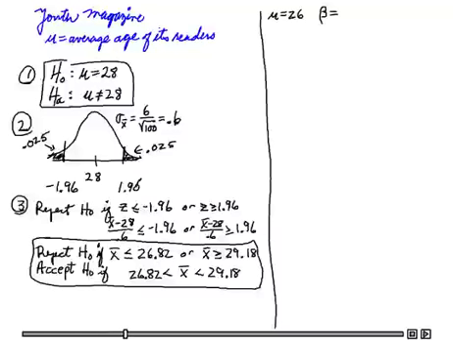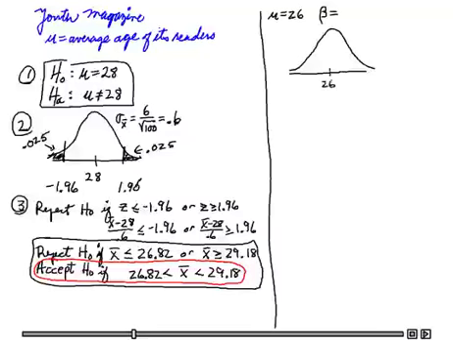Well, the only way I'm going to accept the null hypothesis is by getting a sample of size 100 and the sample average being somewhere between 26.82 and 29.18. If the real average of the population turns out to not be 28, but 26, what's the probability of that happening? So let's see. If the real average turns out to be 26, what's the probability that my sample will lead to a sample average between